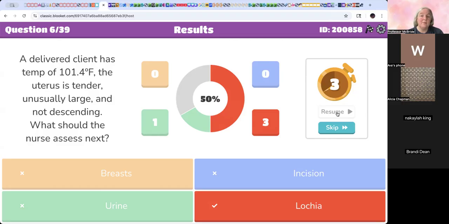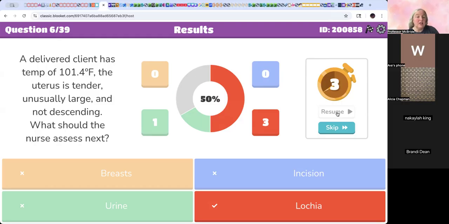That's true. It shouldn't go back to rubra. Here's the thing with this question. It doesn't tell us how long ago she delivered. So I don't know how far after delivery we are, but she has something happening because it says unusually